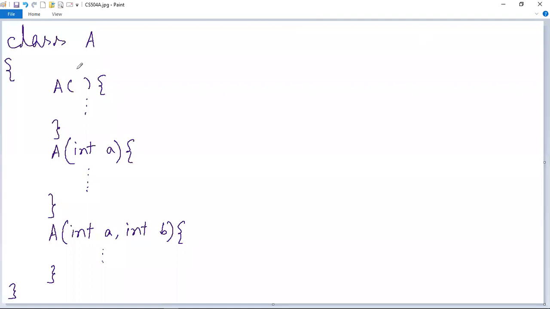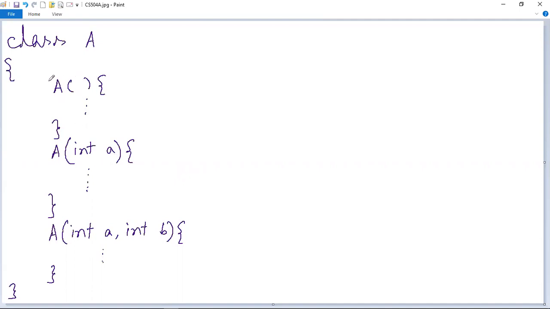Suppose this is a sample program which implements the concept of constructor overloading. This is a simple default constructor and its body is being written here. This is another parameterized constructor which has only a single parameter inside it.